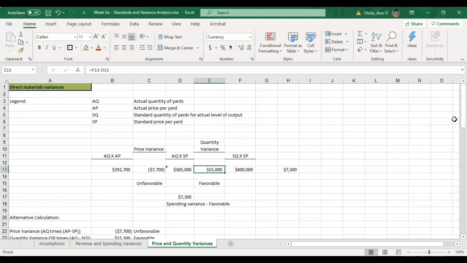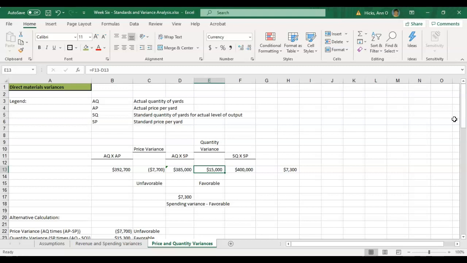And if the production manager is paying attention, they will say, look at the favorable quantity variance. The reason we had the favorable quantity variance is because we had a higher quality of material and we did not have to throw away as much material. So, point being, we break these out so that we can better understand what's going on, but oftentimes they still